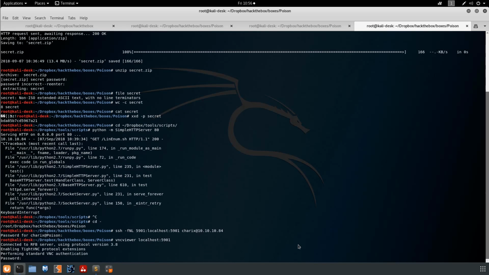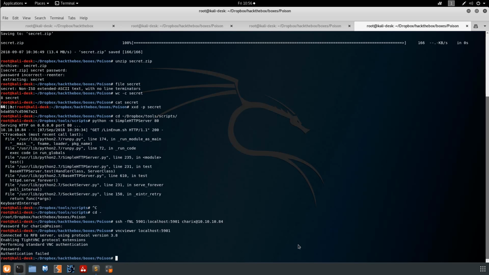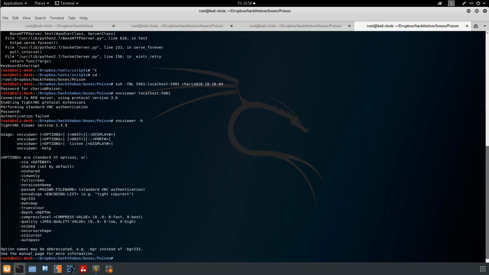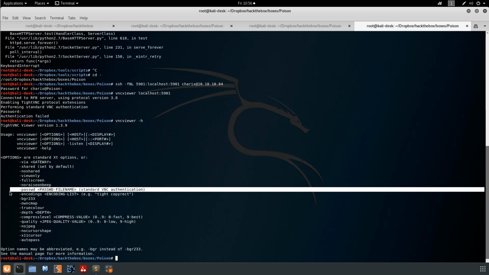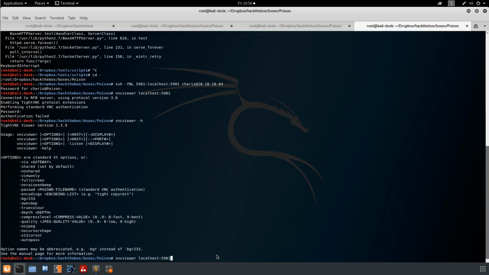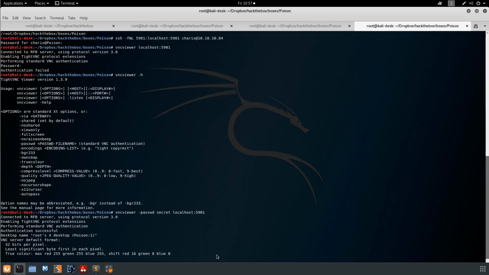It wants a password. We can try pasting Charix's password again. Authentication failed. So if we do vncviewer -h, it lists via gateway, shared, not shared, view only, full screen, no raise on beep, password file. So that could be interesting because we've got that secret file. So if we do the same thing but with -passwd secret,